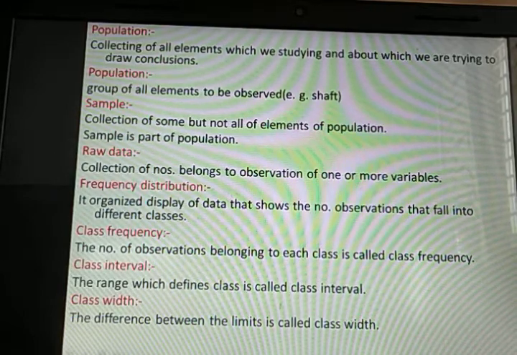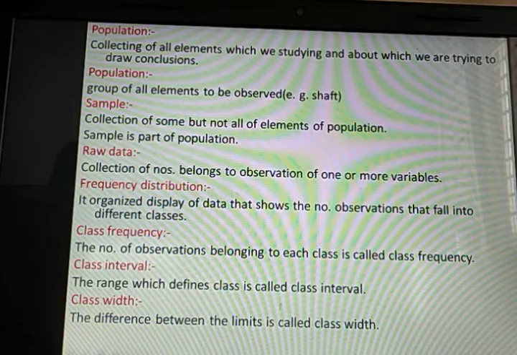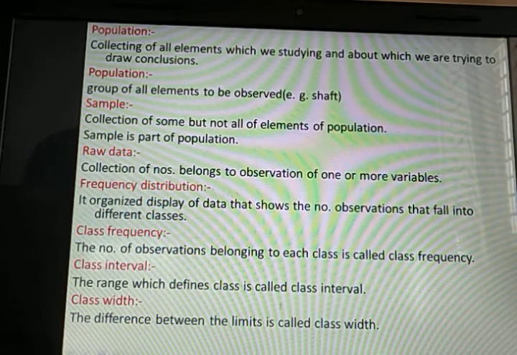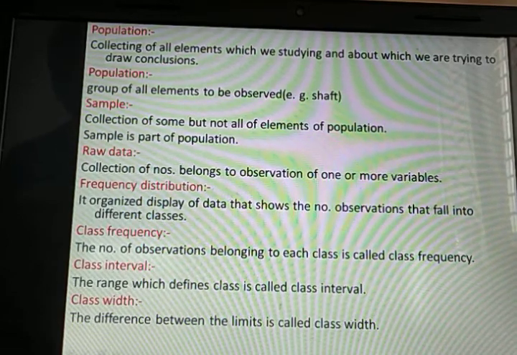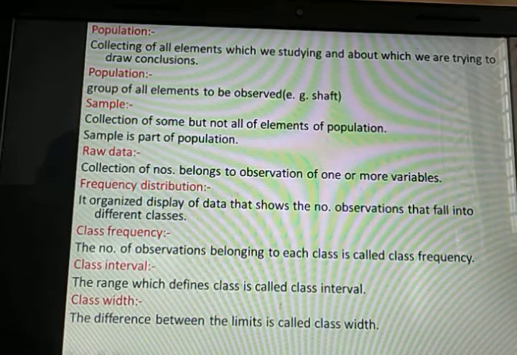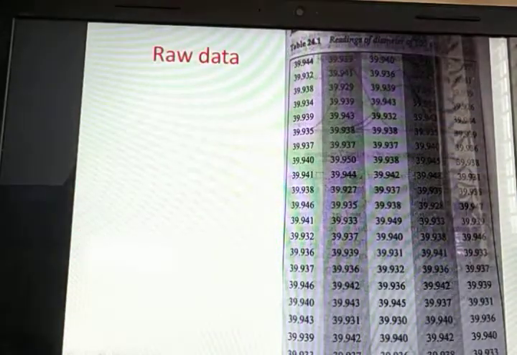So what is the class frequency? The number of observations belonging to each class is called the class frequency. And what is the class interval? The range which defines the class is called a class interval. Now what is the class width? The difference between the limits is called the class width. So that is a frequency distribution. What is the frequency distribution? Over here you can see